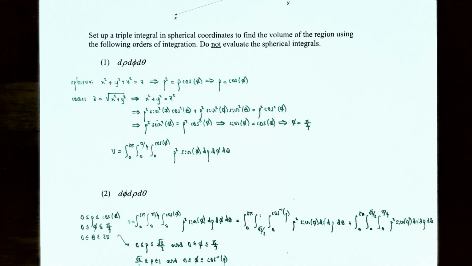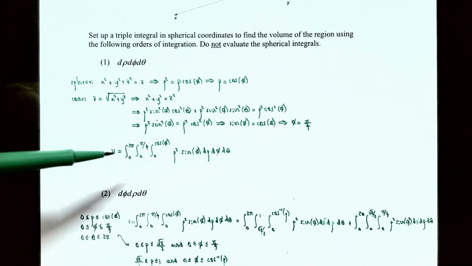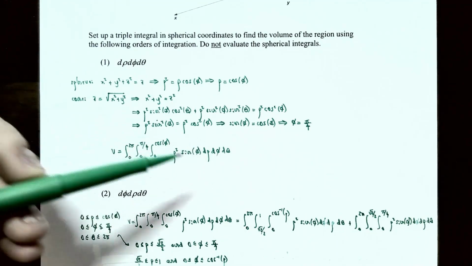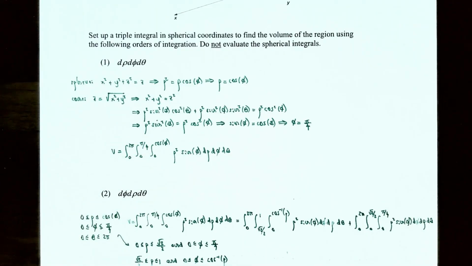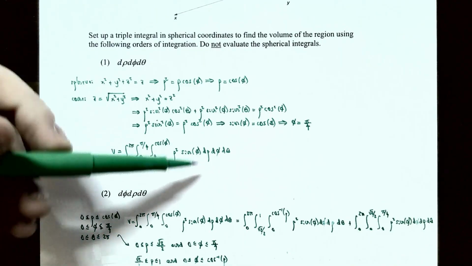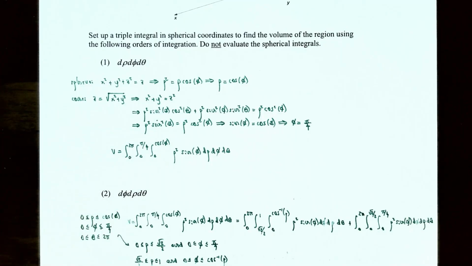Remember that when you use spherical coordinates, the Jacobian is rho squared times sine phi. So the triple integral that we need is 0 to 2 pi for theta, 0 to pi over 4 for phi, rho is between 0 and cosine phi, and then the integrand is rho squared times sine phi. This will calculate the volume for the region that's bounded above by the sphere, x squared plus y squared plus z squared equals z, and bounded below by the cone, z equals the square root of x squared plus y squared,